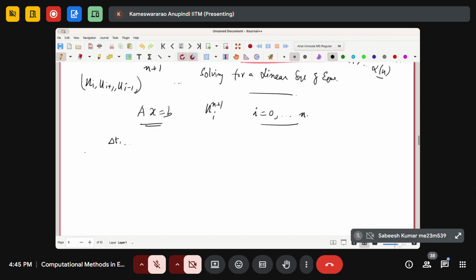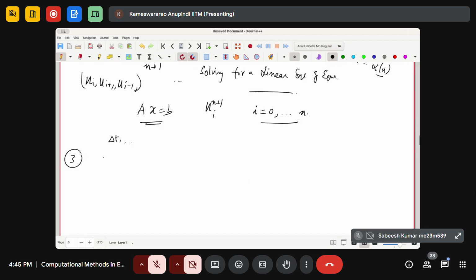Then there is one more prominent, popular method that is known as the Crank-Nicolson scheme. Unlike the Euler explicit or implicit method, where we are trying to evaluate the values at either the n or the n plus 1 time level,